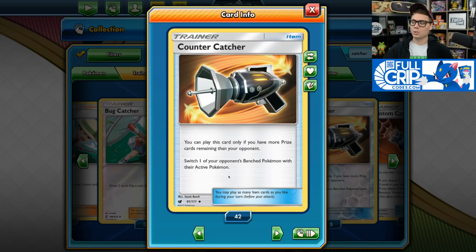In addition to Guzma, there are some item-based Gust cards that see play. Counter Catcher allows you to switch one of your opponent's bench Pokemon with their active Pokemon, a guaranteed Gust effect, but the catch is you have to be behind on prize cards, so you're mostly going to see this card